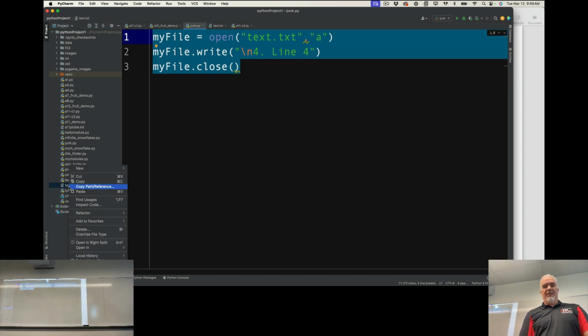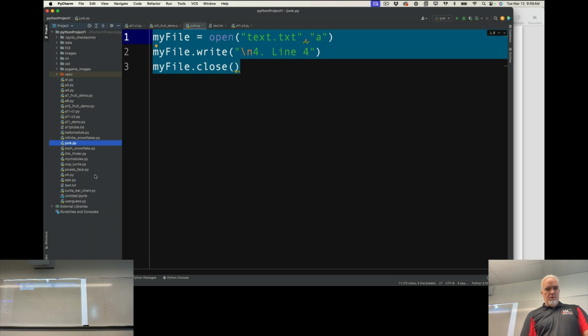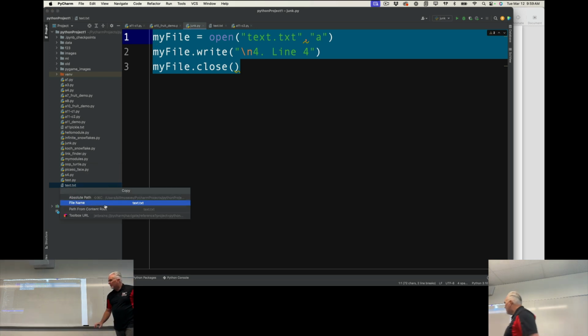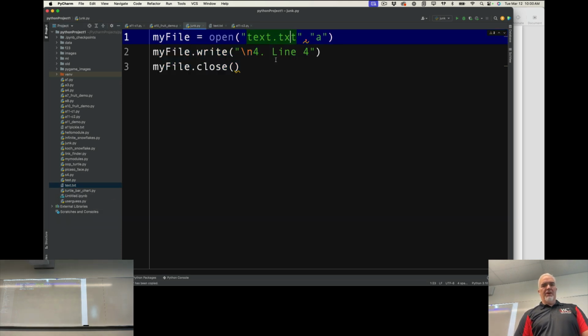If you right-click on that file name in PyCharm, and then you go to, where is that? Oh, copy path reference right here, right under copy. So copy path reference. And then it's going to give you a few options. I know you can't read these, but the top one says absolute path. The absolute path is the full directions of where your